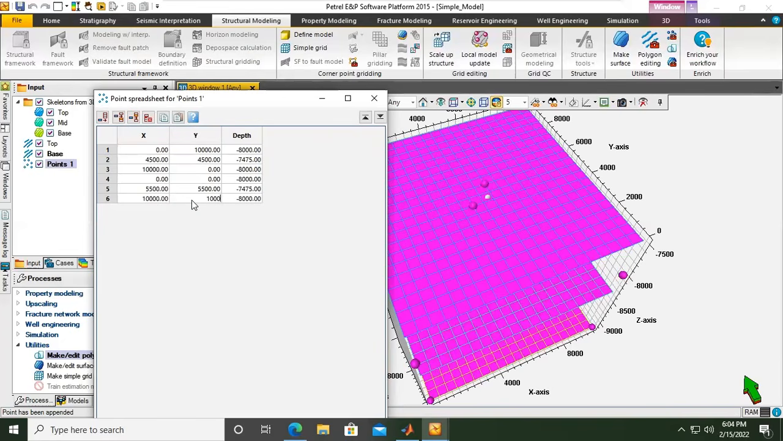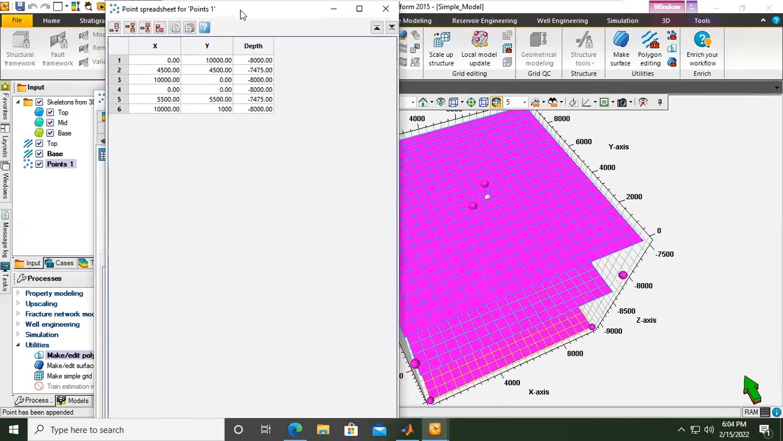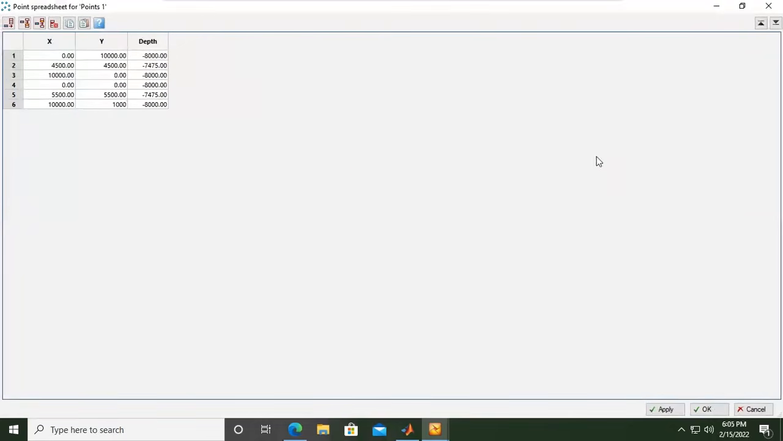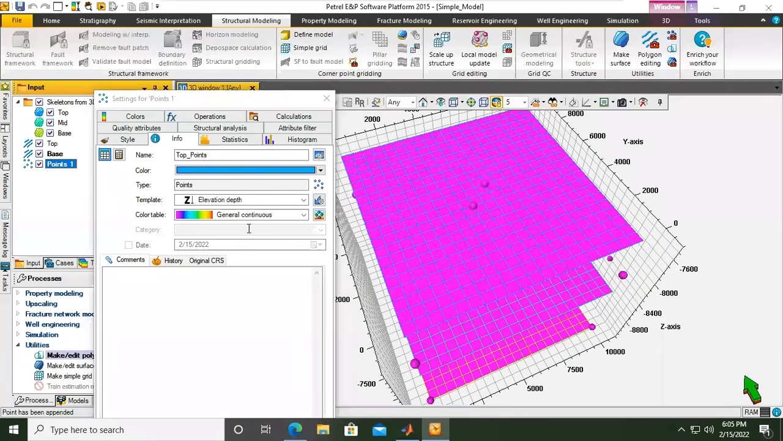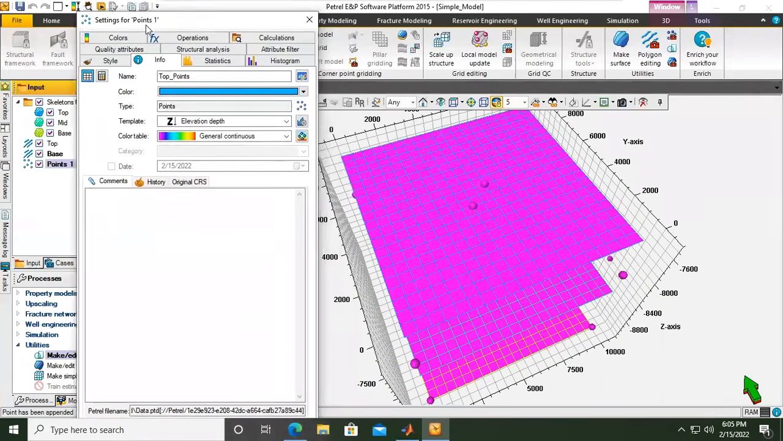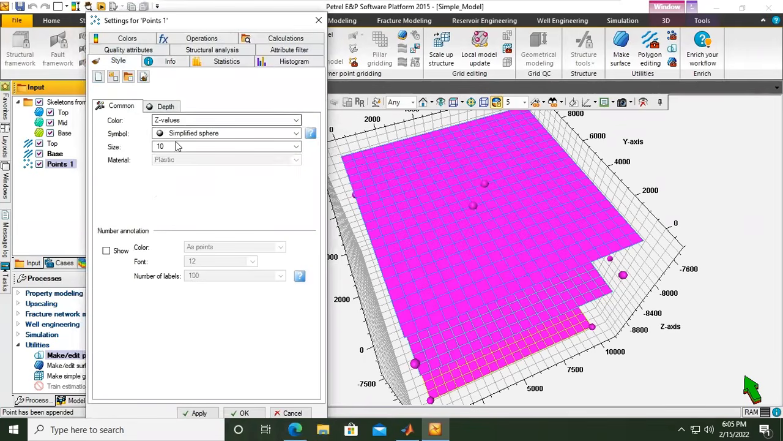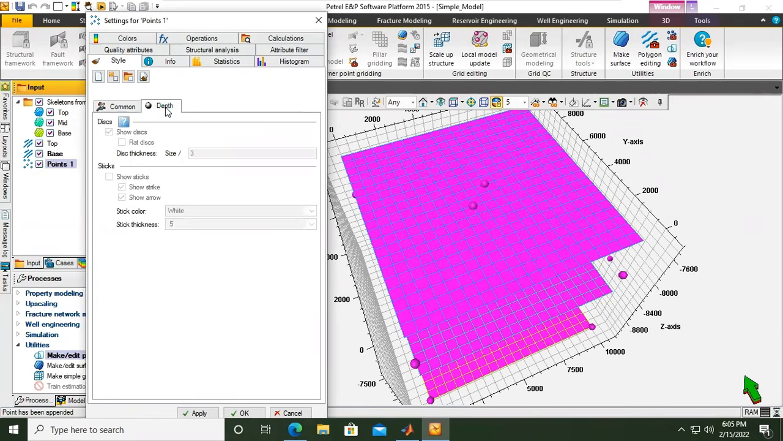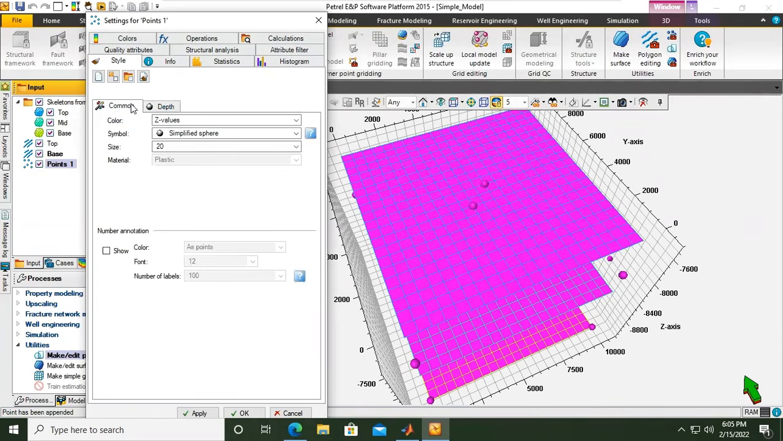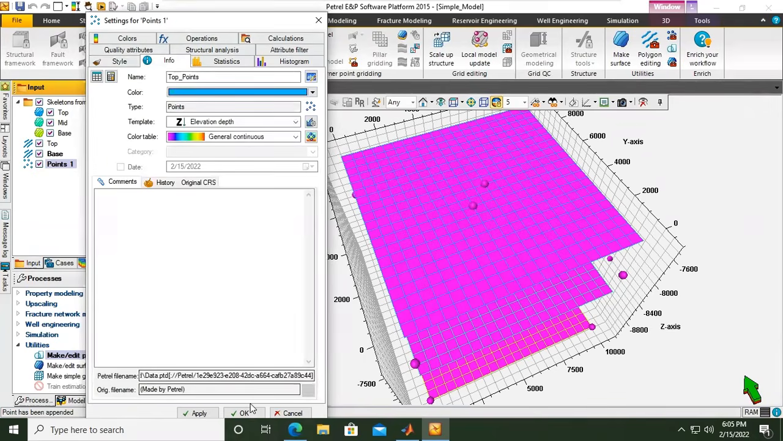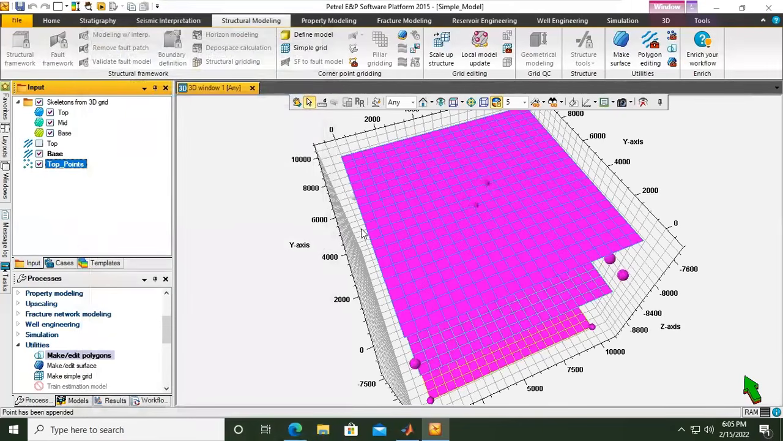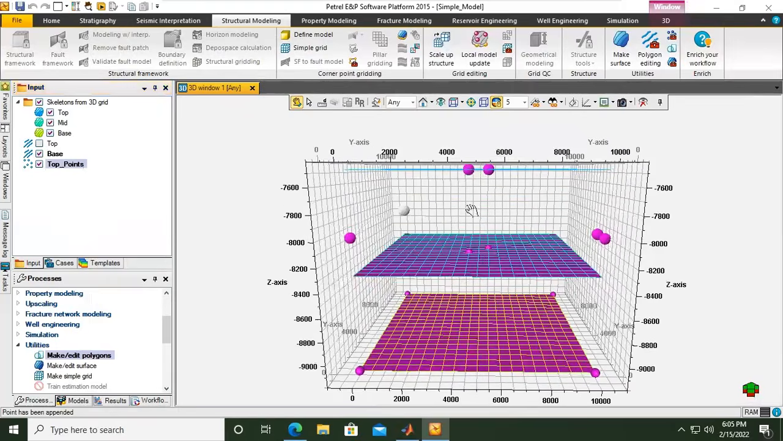Okay. So yeah, I will click apply and okay. And then the style can make it to 20. Okay. Info, apply. Okay, I will untick the top. Okay. So it will be like this,